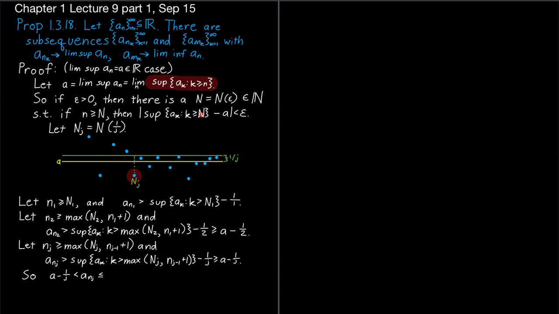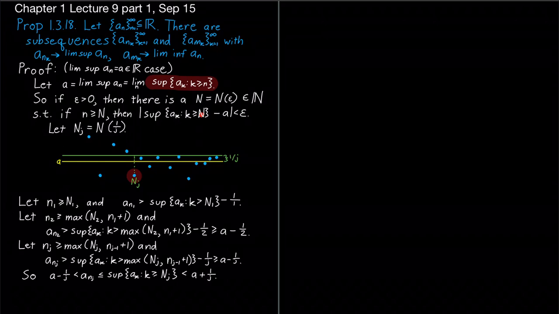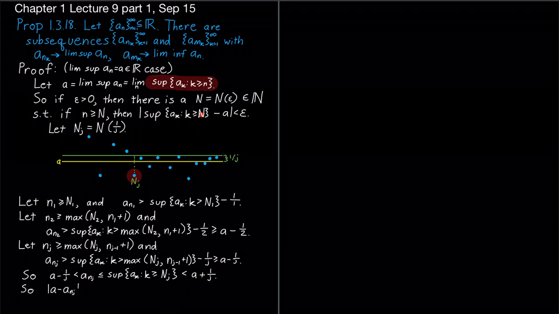But n sub j, little n sub j, remember, is at least big N sub j, so this is less than or equal to the supremum of the a_k's such that k is bigger than big N sub j, which by definition of big N sub j can't be any more than a plus 1 over j. So rearranging things, a minus a sub n sub j is less than 1 over j for all j, and thus